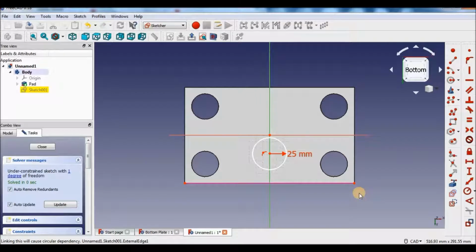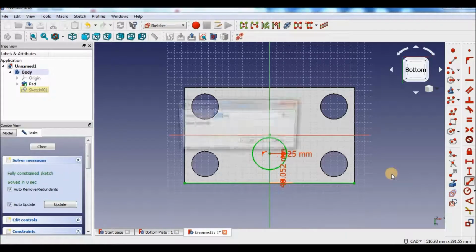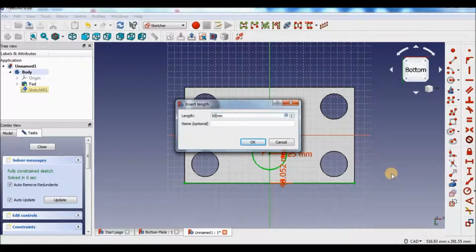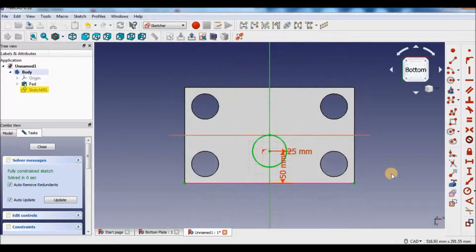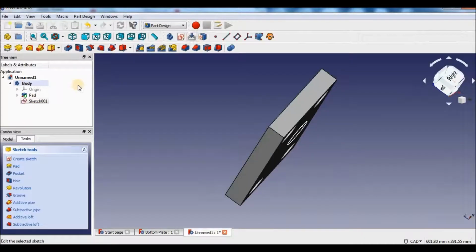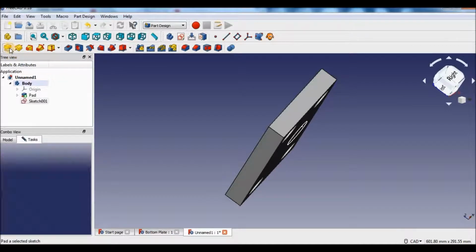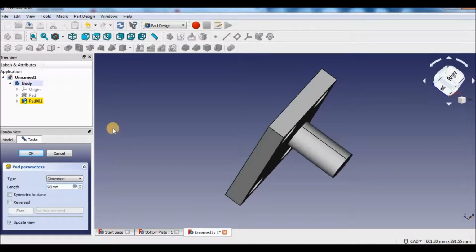Now you can see that line is available for the selection. Then select center, that particular line, and the distance is 50 as given in the file. So we'll go to part design, use pad of 90 and OK.